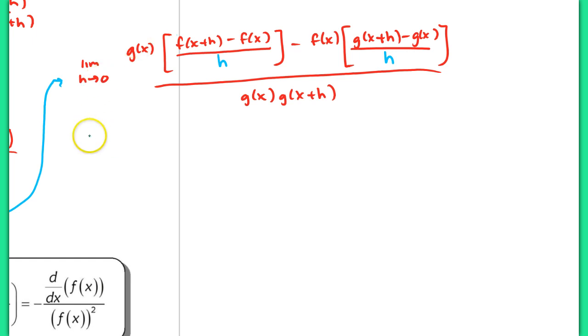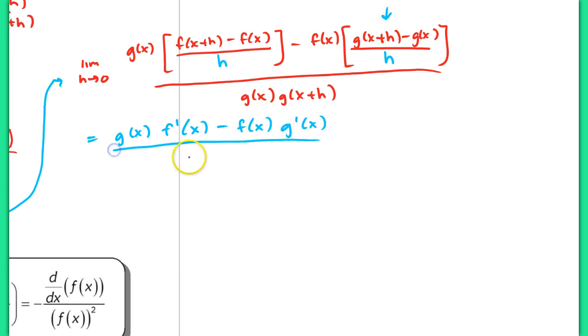So we end up with this whole limit here is going to equal g of x multiplied by, this is simply the derivative of f of x, right? This is how we define the derivative of f of x when we evaluate the limit as h approaches 0. Then we have minus f of x times the derivative of g of x all over g of x times g of x. So you can clearly see we have the quotient rule. This is ho d hi minus hi d ho over ho ho. And thus,